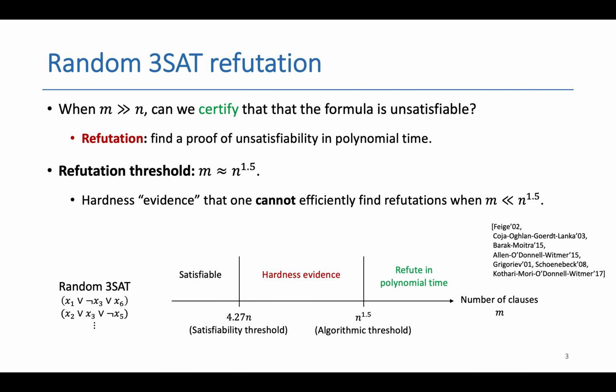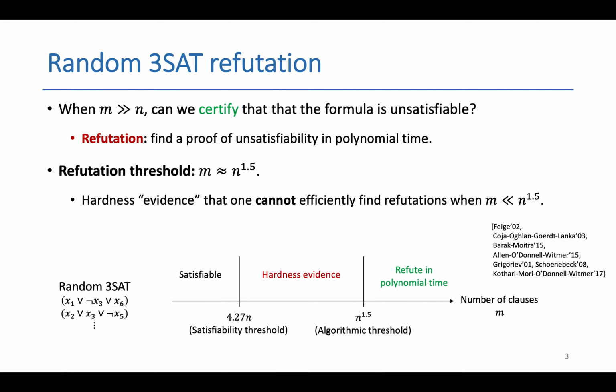Now, working towards the kinds of thresholds that we'd be interested in, we know that 4.27 times n marks the onset of unsatisfiability. But let's say you're given a formula which we know is in the regime where it's going to be unsatisfiable with high probability. We are interested in the algorithmic task where, once the randomness is quenched and you're face to face with the random formula, you want to give a proof in polynomial time that this formula is unsatisfiable. Particularly, you want to certify unsatisfiability.